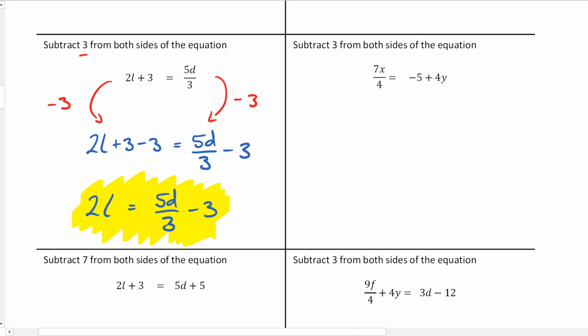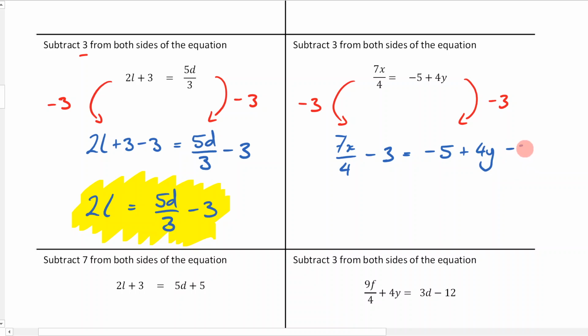So you might want to pause the video and see if you can do the next one yourself. We have to subtract 3 from both sides of the equation. So I'm subtracting 3 from both sides of the equation. That's going to leave me with 7x over 4 minus 3 is equal to negative 5 plus 4y minus 3. On this side, there's nothing I can do here